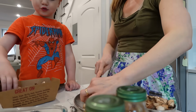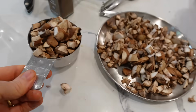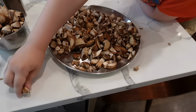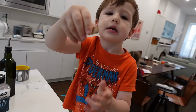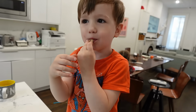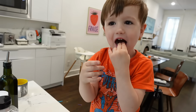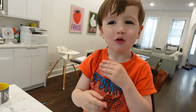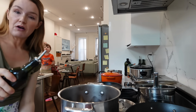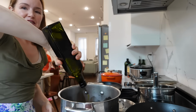So here's our cup for the casserole, and I think I'll just cook these on the side because I don't want to waste them. Just maybe in some olive oil or something for a little snack. You can try it. Is it good? So I'm just gonna put a little bit of olive oil on the bottom of this pan